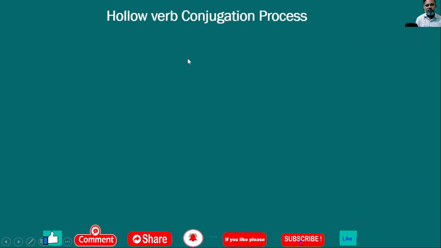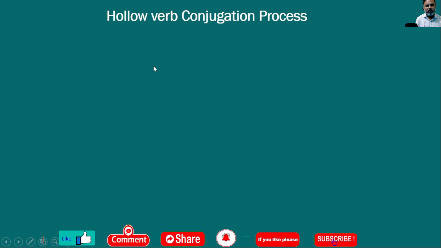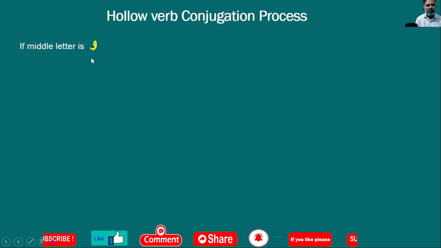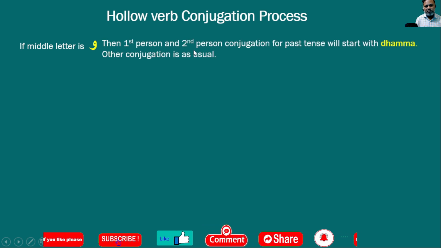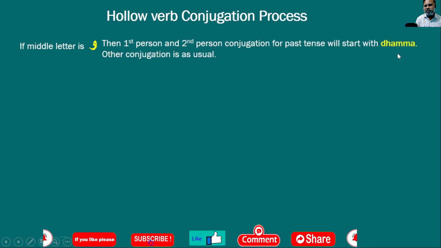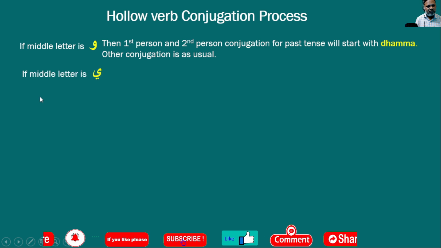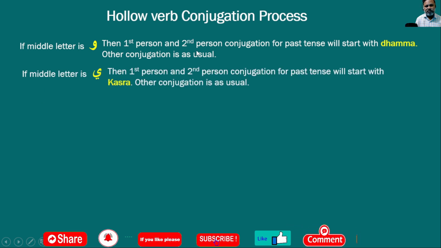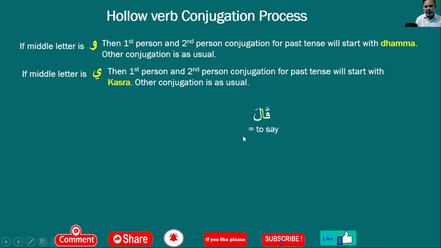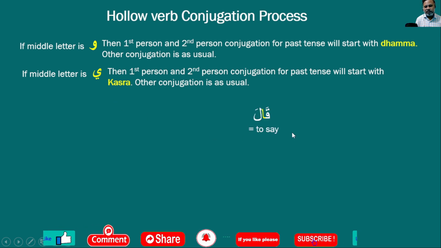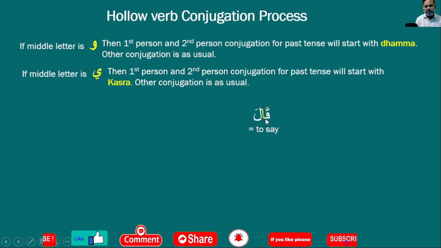We will discuss the hollow verb conjugation process. Hollow verb means the middle letter is wa or ya. If the middle letter is wa, then the first person and second person conjugation will start with dhamma. And if the middle letter is ya, then the first person and second person conjugation will start with kasra. For example, qala means to say. Here the middle letter is alif,